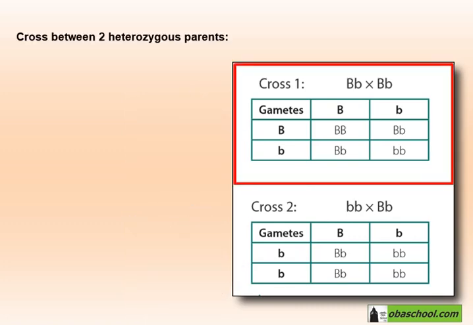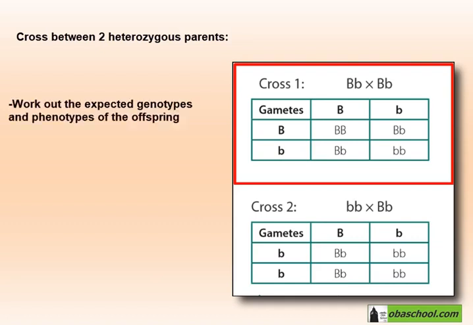In the first cross, between the two black heterozygotes, we can work out both the genotype and the phenotype of the offspring, and we can work out the proportions and ratios between different genetic combinations. If we cross gamete A of parent 1 with gamete A of parent 2, we have a homozygote black offspring. If we cross gamete A of parent 1 with gamete B of parent 2, we have a heterozygous black offspring. If we cross gamete B of parent 1 with gamete A of parent 2, we have a heterozygote black offspring as well. And if we cross gamete B of parent 1 with gamete B of parent 2, we have a